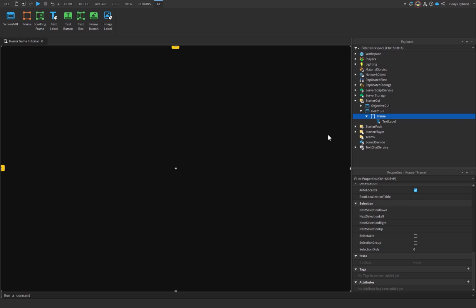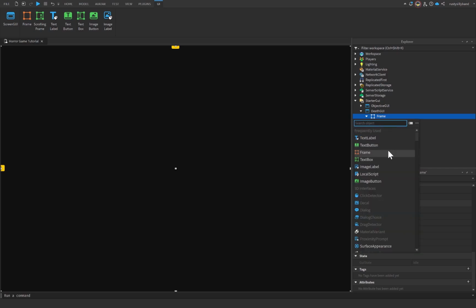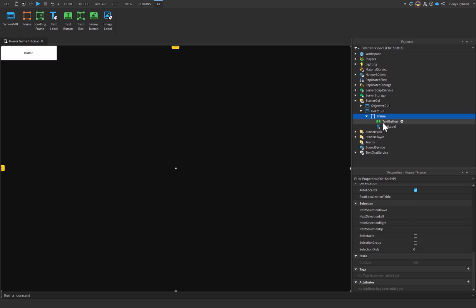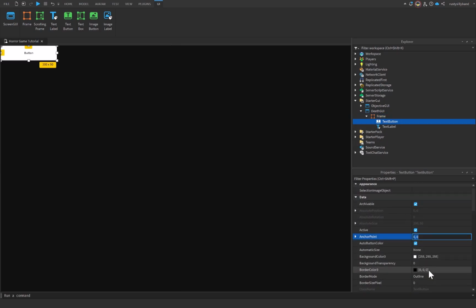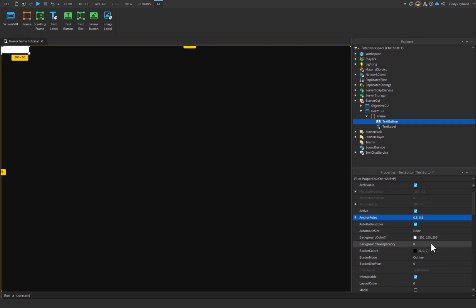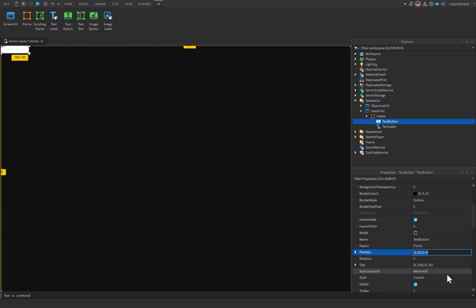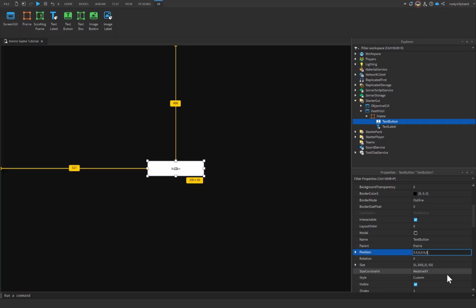Now, we have the text and we have the frame. The next thing we need is a button so we can go ahead and prompt the player to play again. So inside of our frame, let's click on the plus icon and let's insert a text button. This text button, pretty much the same properties as before. We're going to change the anchor point to 0.5, 0.5. We're going to change the position to 0.5, 0, 0.5, 0. And then we're going to change the size to roughly 0.3, 0,